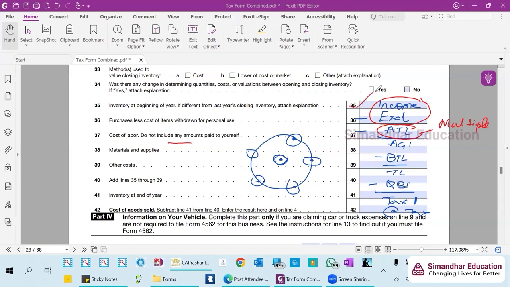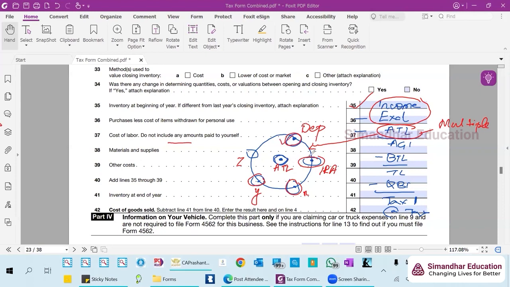After that, I need to have a header saying adjustments to total. No, I'll not do that. I'll discuss depreciation. I'll discuss IRA. I'll discuss maybe other small topics which are prominent enough, which are all part of this. This is what ATL is, and depreciation is part of ATL. IRA is part of ATL. There is some other topic X which is part of ATL. Y part of ATL. Z part of ATL. If these 5 topics or 6 topics, whatever it is, are the prominent ones of ATL, I'll complete them first.